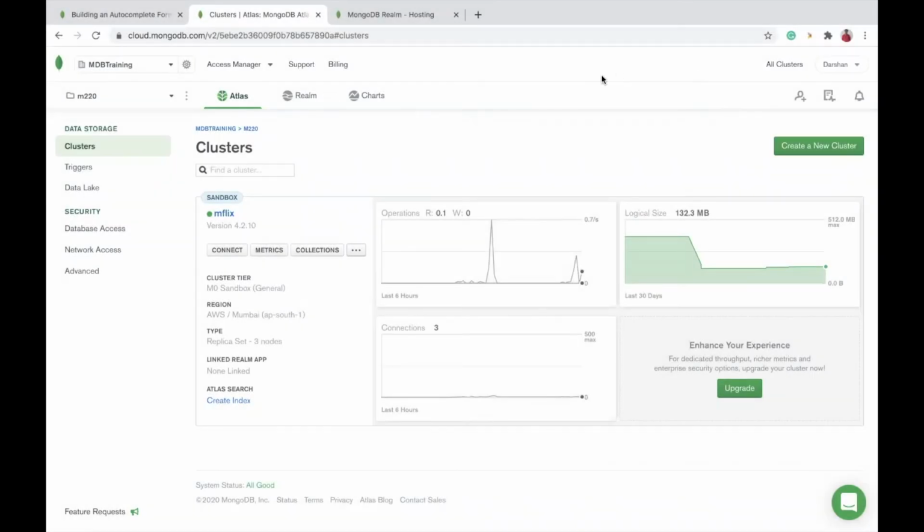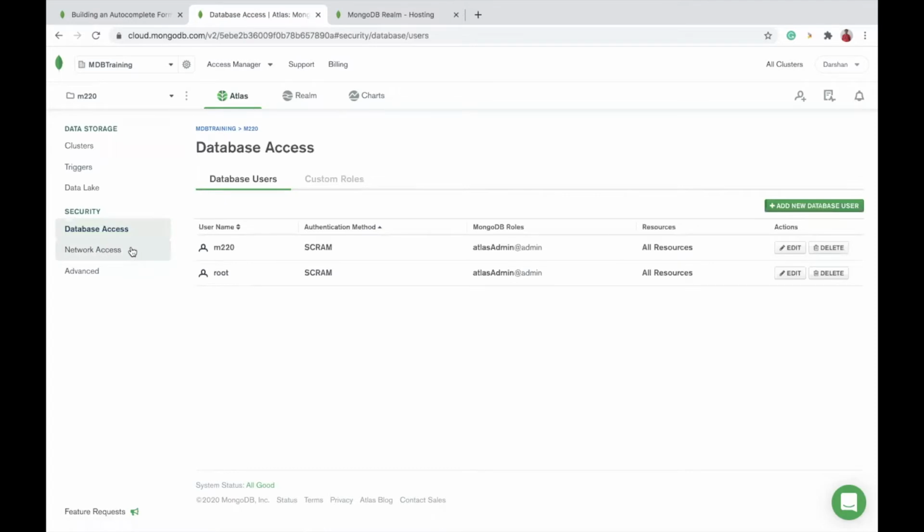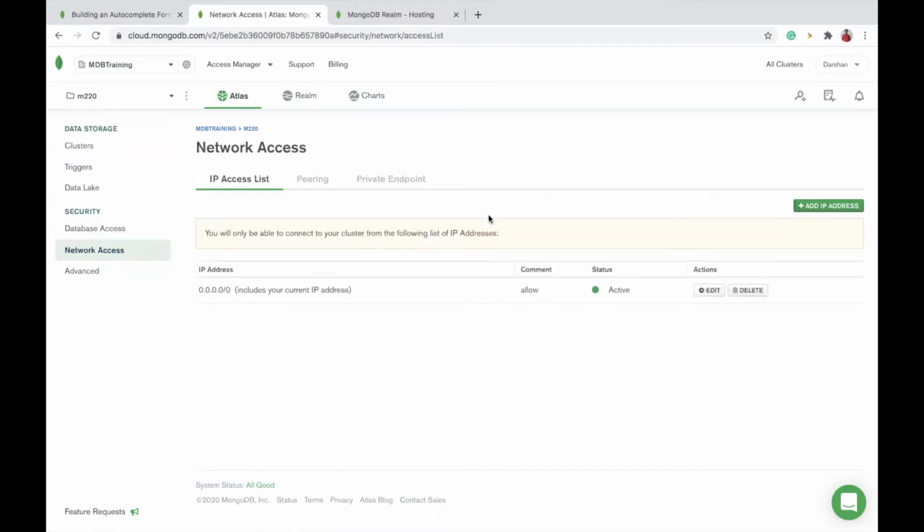Okay then, let's start the demo. Here I have my Atlas cluster ready, and I have loaded the sample dataset using the load sample dataset button. Currently my MongoDB version is 4.2, and it is running an M0 cluster, and it is a replica set. I have also created a database username, and my network is whitelisted.